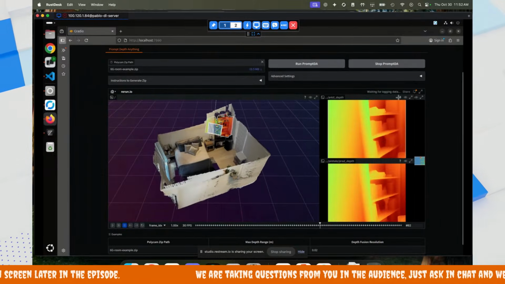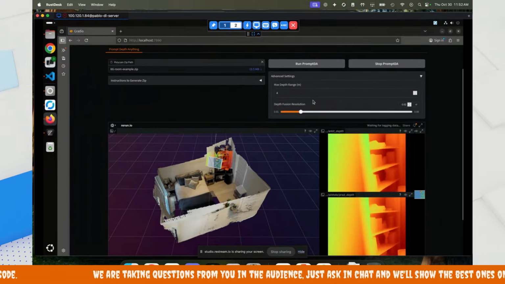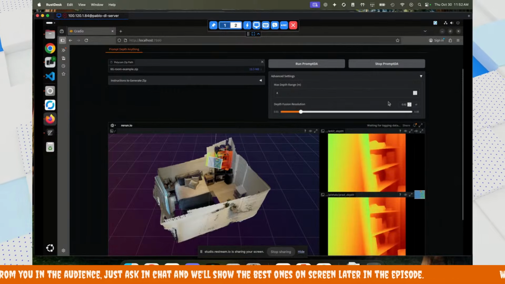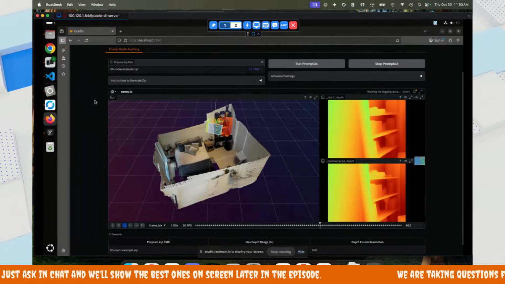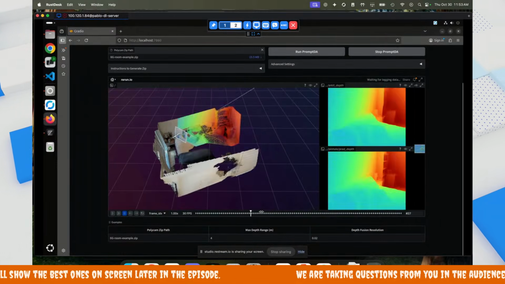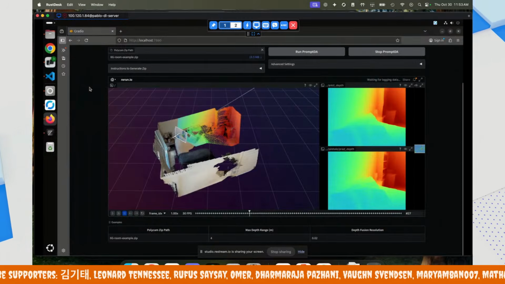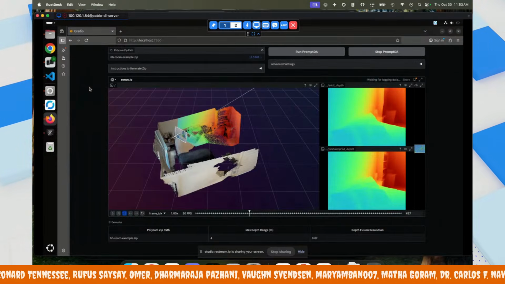In this case, it's super simple, right? There's a few settings and things that you can change, for example, the max resolution or the depth range. But I thought this visual is super, super cool, so I just wanted to share it with y'all for this first one. So that's one of the demos I wanted to show you.